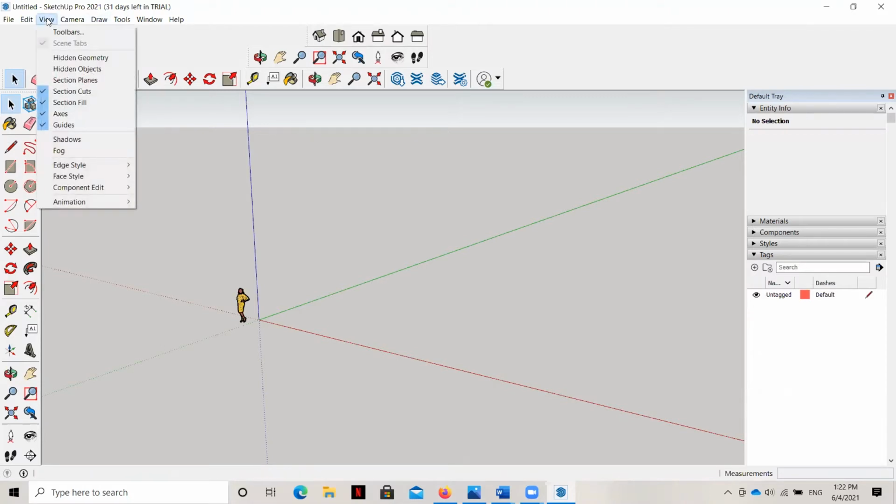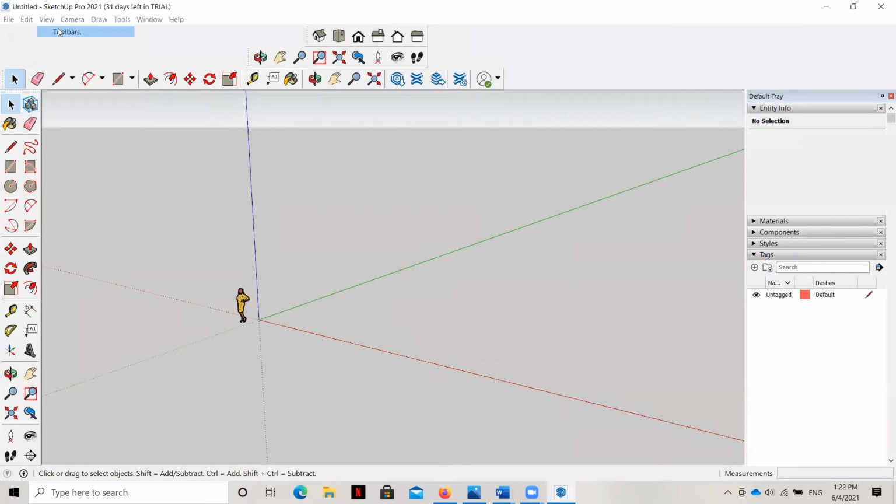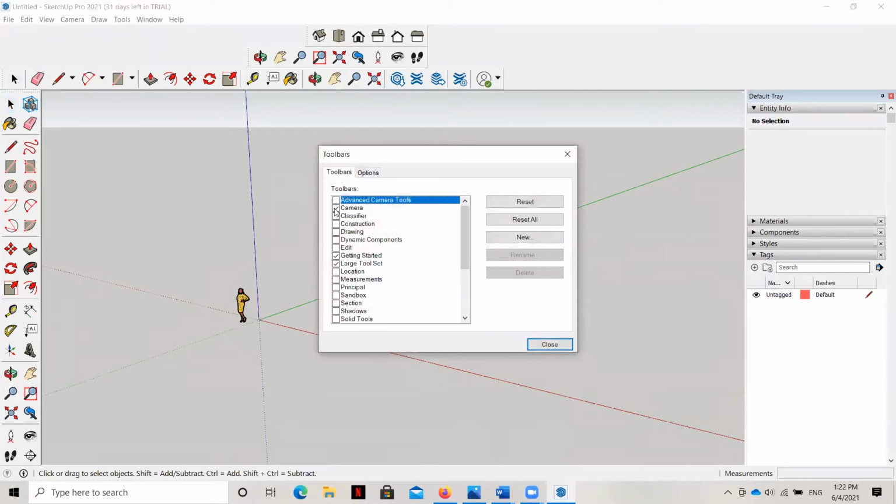This tab shows you all the things that you can view within your program. We're going to go here to toolbars. You can see I've got my camera checked, and there are my camera icons here. They're also down here as well. I have the view toolbar selected, and that's up here. This allows me to jump between views of my SketchUp model, so you might want to check that box.